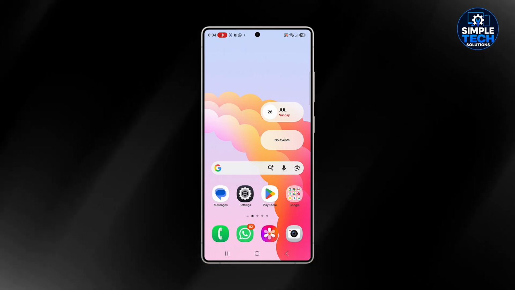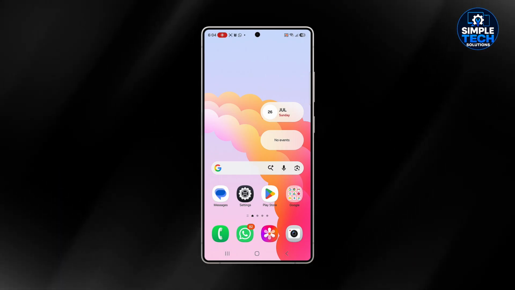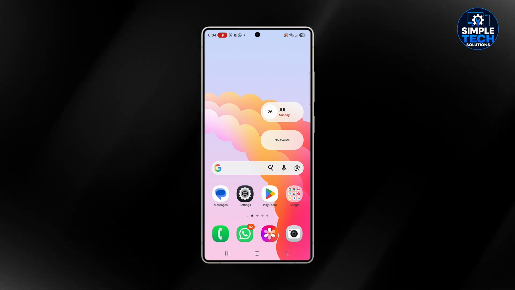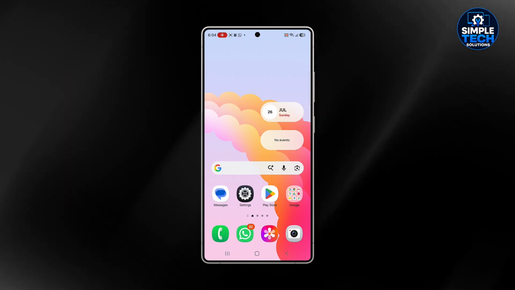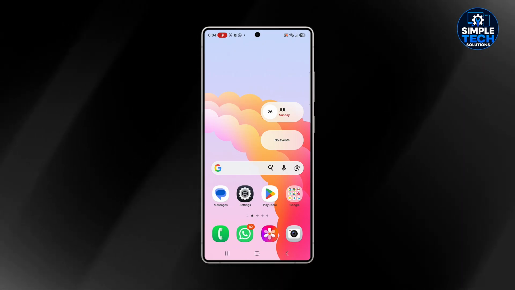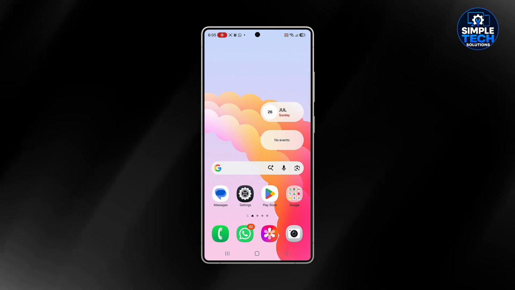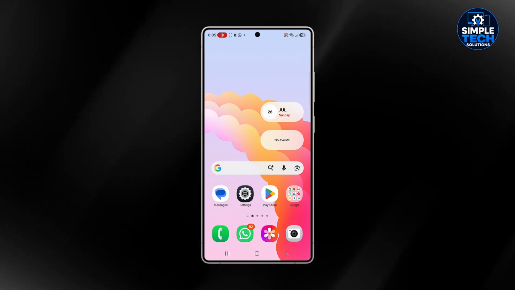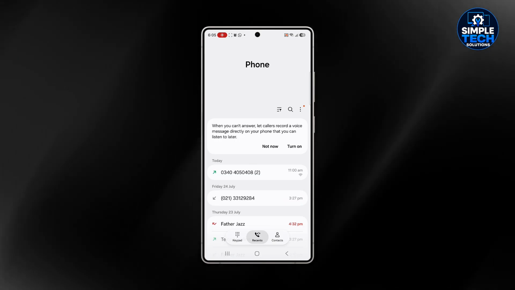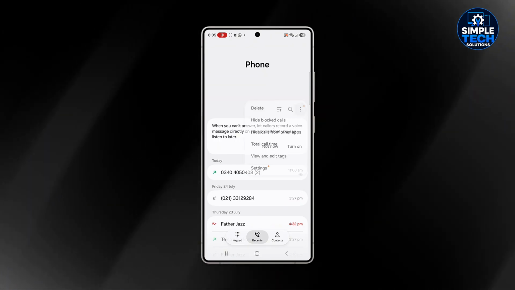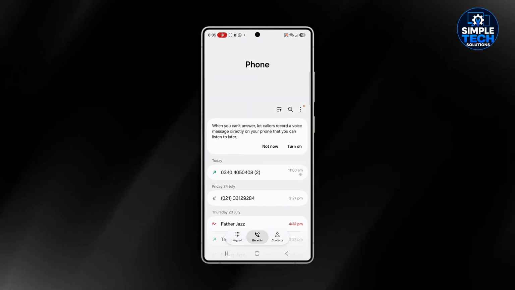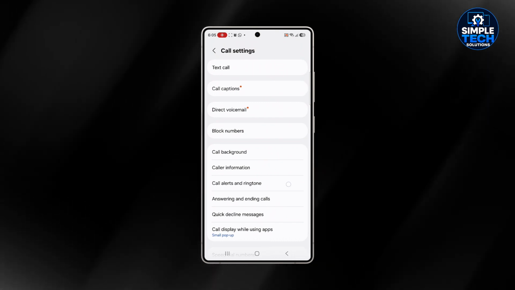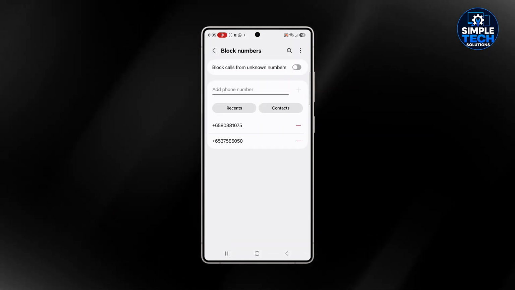After that, if the problem still continues and you're not receiving OTP, what you have to do is check your numbers. If you have any blocked numbers, go to the phone app and go to settings here. Go to block numbers here.